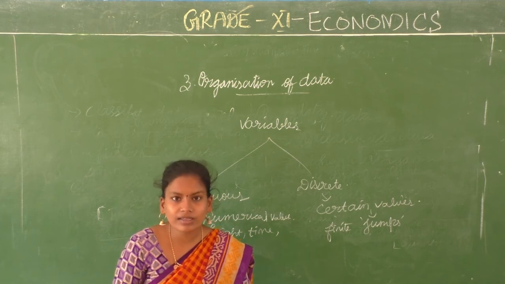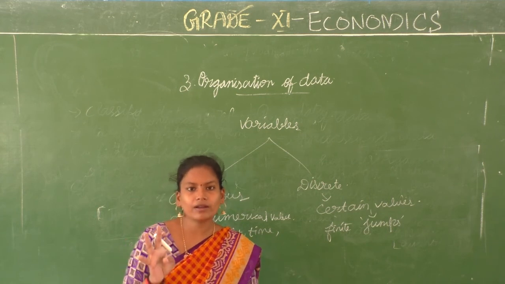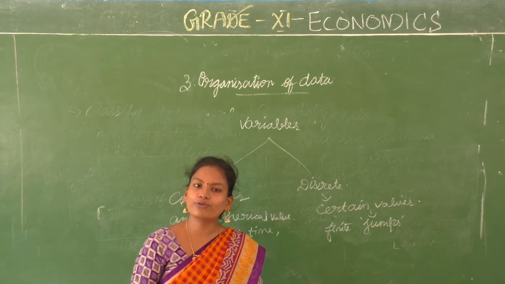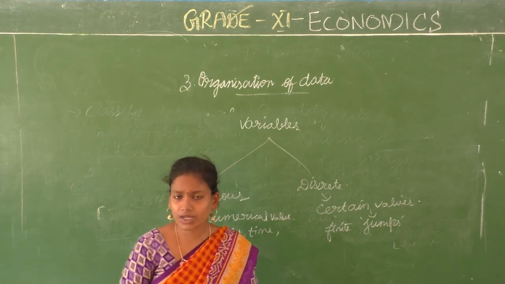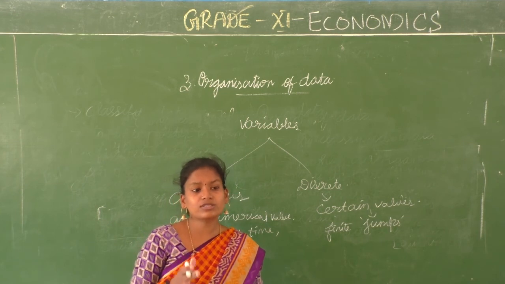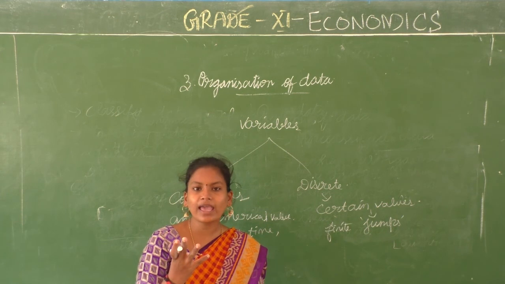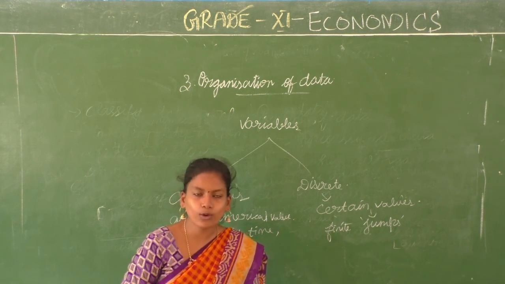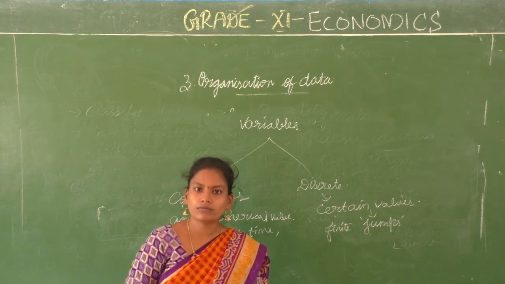Average income you can calculate for a household. 4 people are there in a family. Their average income is 25,202 rupees, and 0.20 paise you can say. Alright. But can you say how many people live in the home? 4. You cannot say 4 and a half, 3 and a half. Can you say like that? No. If you want to say, you say 3 adults and 1 child live in the home.